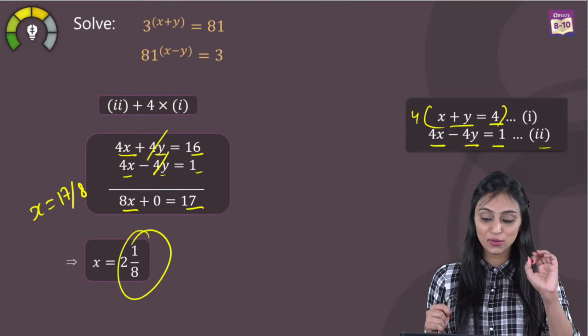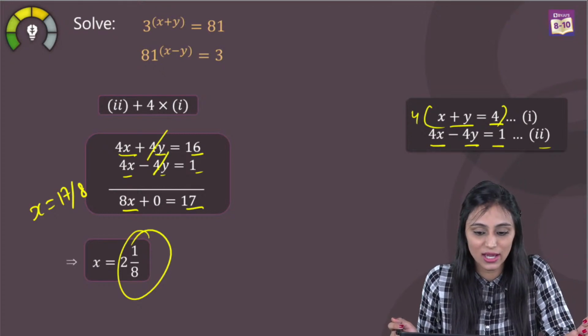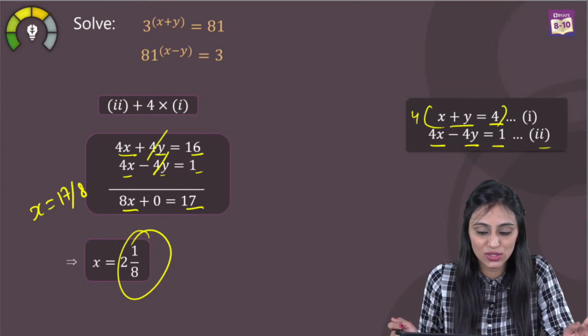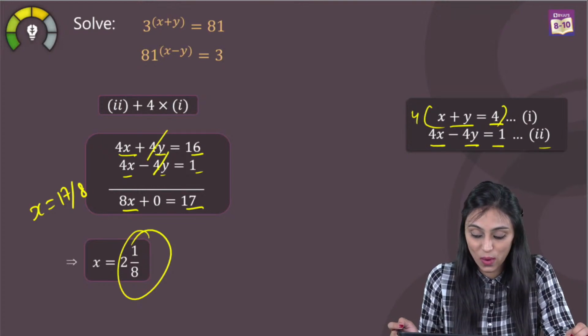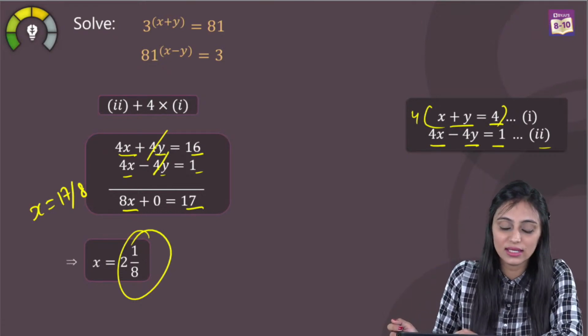Now we need the value of y as well. Some people have already started posting their answers. Shriman says 17 by 8, Ayush says x is 17 by 8. Varsha says x is 17 by 8 and y is going to be 15 by 8. Absolutely right, Varsha. Rohit says it's 17 by 8. Sakina says we can solve these linear equations.